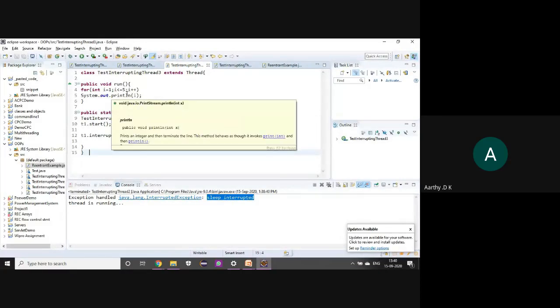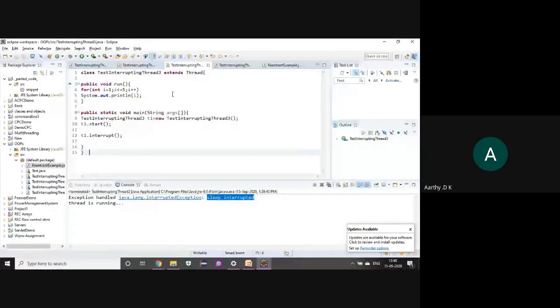It will set the interrupt flag to true, meaning that this thread was interrupted at some time. Since it doesn't have any wait or sleep method, nothing is interrupted. It just executes whatever it is supposed to execute. I'll run this, so you can see the output from 1 to 5.